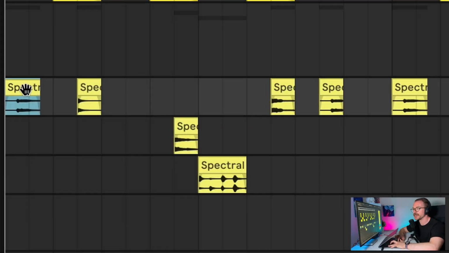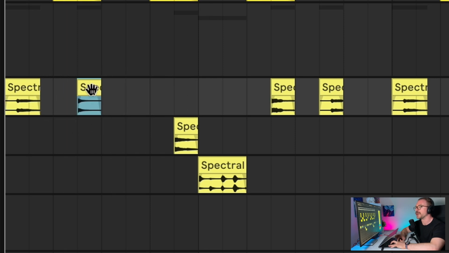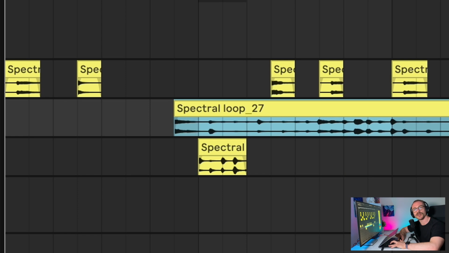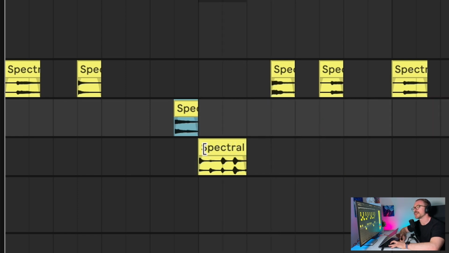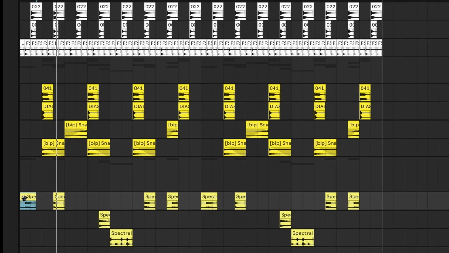So starting by adding this sound, and as you can see, if I drag it here, it has a whole loop to it, followed by this sound, which is made out of the same loop. I took a different loop, and I took this sound out of it, and I did the same thing with this one. And in context,